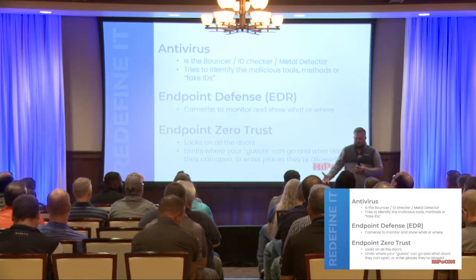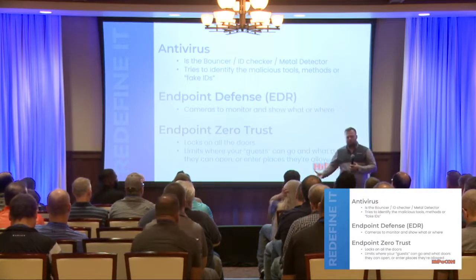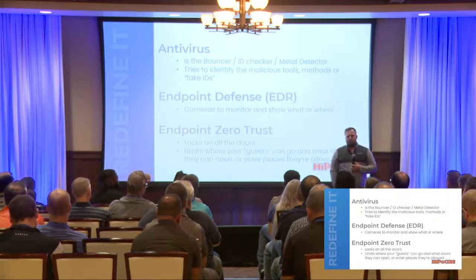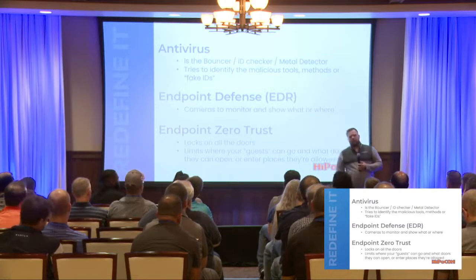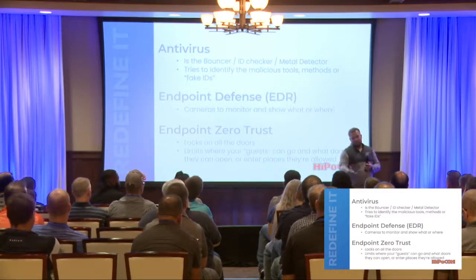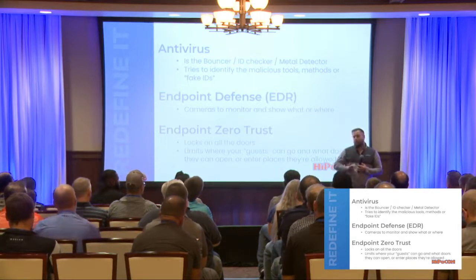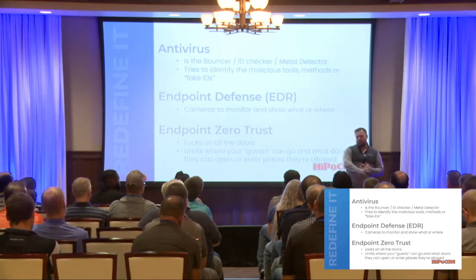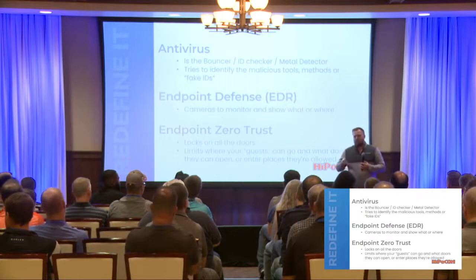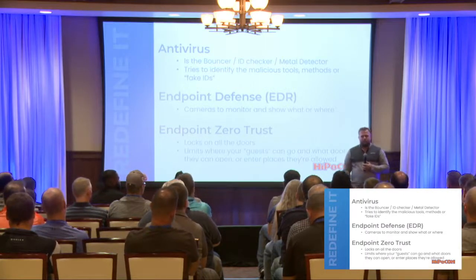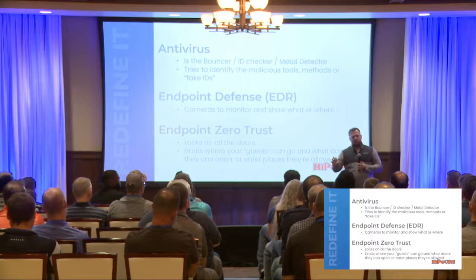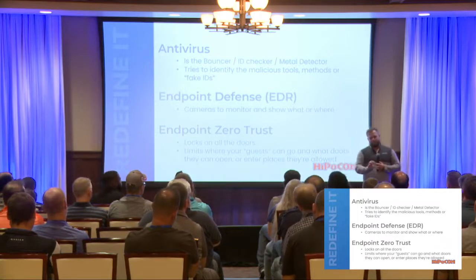I think of Log4Shell. I think of the Exchange vulnerability of last year. Those are actually good applications. They are known good applications. They passed the bouncer. However, they started doing things that we didn't want them to do. If we'd been able to ring fence those, if we'd been able to say, you can do this, but you can't exfiltrate data, you can't steal my hashes out of Active Directory, you can't do nefarious activities, because we've already defined what you're supposed to be able to do. You can't do this stuff.